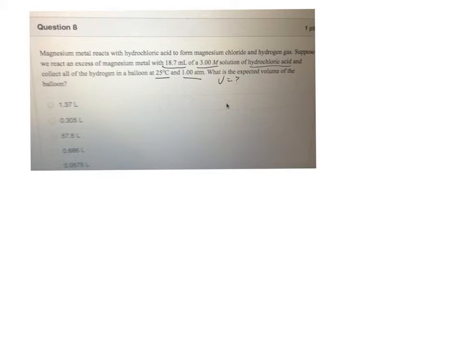Okay, so let's write our equation. So I've got magnesium metal plus hydrochloric acid yields magnesium chloride aqueous plus hydrogen gas. And this is the stuff we collect. And we know that the temperature of that is 25, so I gotta add the